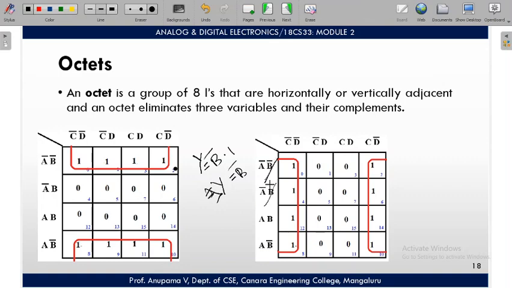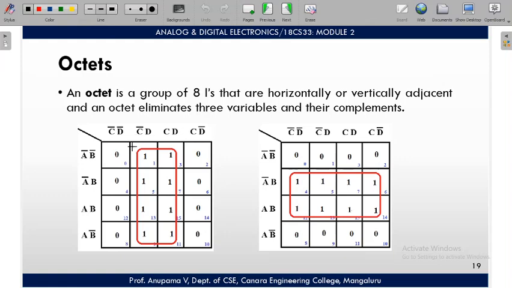In the next two terms I can see A bar to A, and also in the next two terms B changing its form from B to B bar. Finally A is changing from A to A bar. So all the terms get eliminated. So y is equal to 1, and go to the respective columns. In these two columns I can see C changing from C bar to C. So C and C bar get eliminated and D bar remains. So the final answer will be D bar.